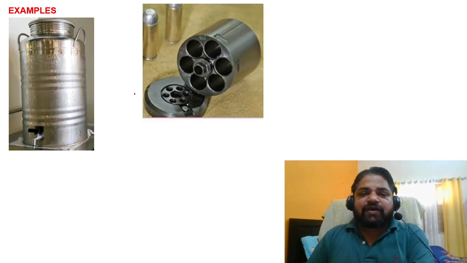But one more case, I just want to show you here. This is just the barrel of this pistol, or armor. Inside that there are also small cylinders. You can see there are 6 different holes. These holes are looking like cylinders, and these are the bullets. They are also looking similar.